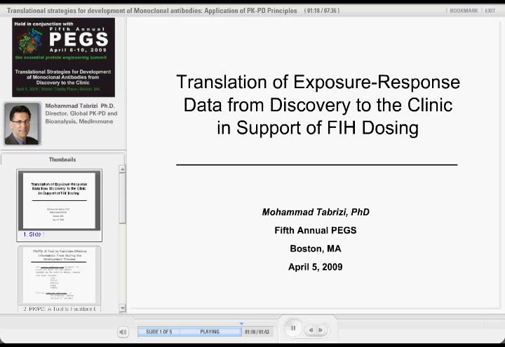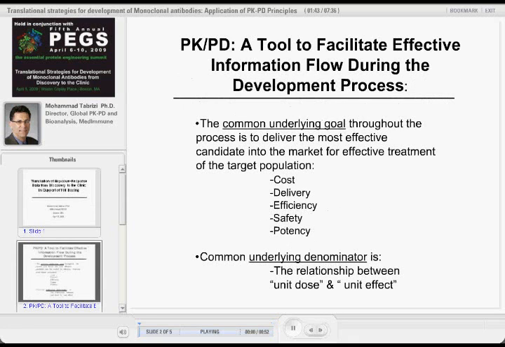So you have to forgive me because a lot of this I'm going to fly through and really not go into a lot of detail on factors that impact pharmacokinetics. Got really highlighted some important aspects on pharmacodynamics this morning. But if you have any specific questions regarding those, I can provide you with general references or I can really get into details. But for now, what I want to talk about is how we can facilitate effective information